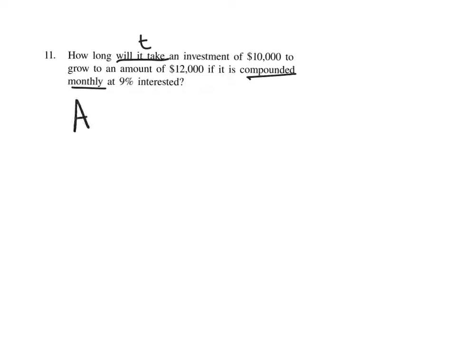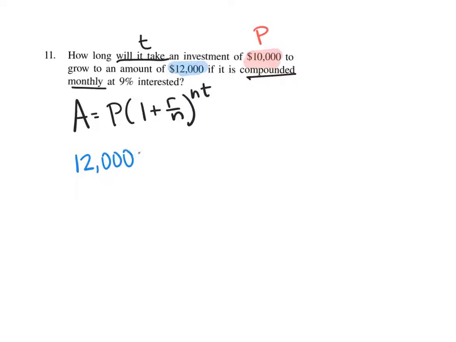So here I know I'm using the compounding formula: A equals P times 1 plus r over n raised to the nt. And I know that I want it to grow from 10,000. So the present value of that money, or the P, is 10,000. And the future value of that money, or the A, the ending balance, is 12,000. So $12,000 is equal to